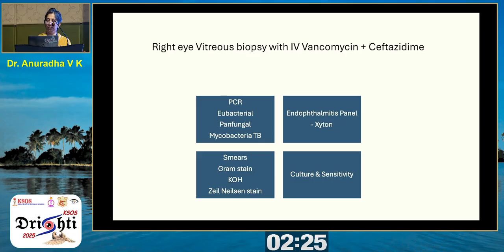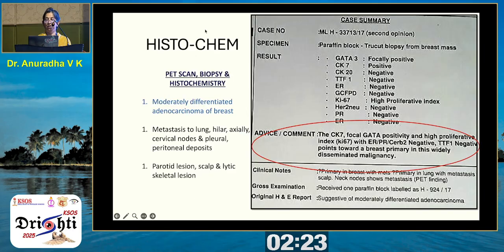Finally, after she delivered, she underwent a full workup, and it turned out to be a moderately differentiated adenocarcinoma of breast, which had metastasized to all parts of the body, including the eye. So we don't expect metastasis to present with such florid inflammation, and certainly, I've seen cases where there are vitreous cells, AC cells, but I've never seen this kind of a subretinal exudate in a metastasis before or since.